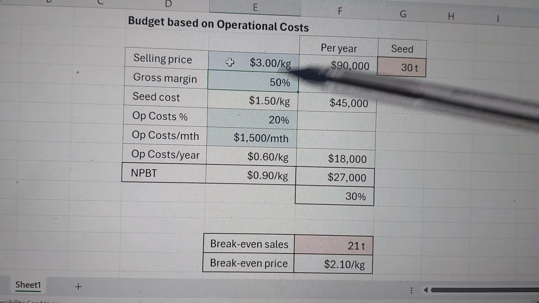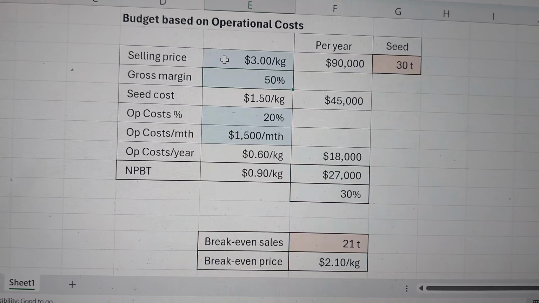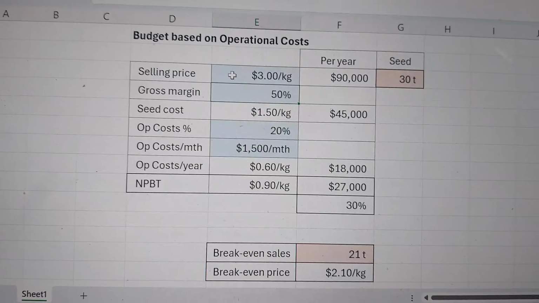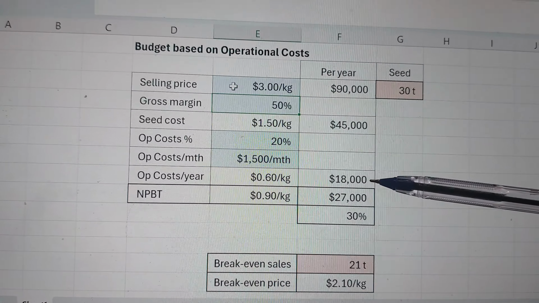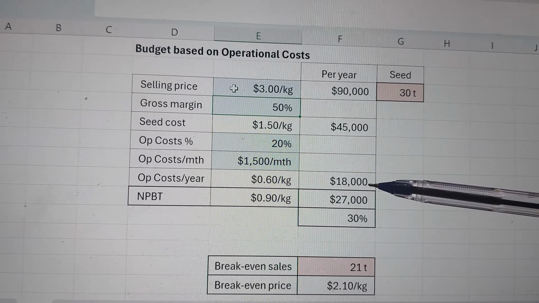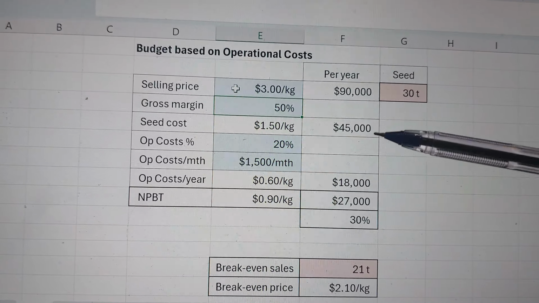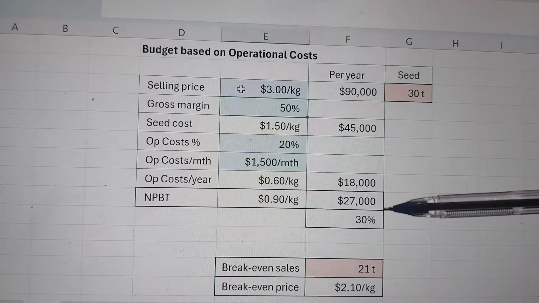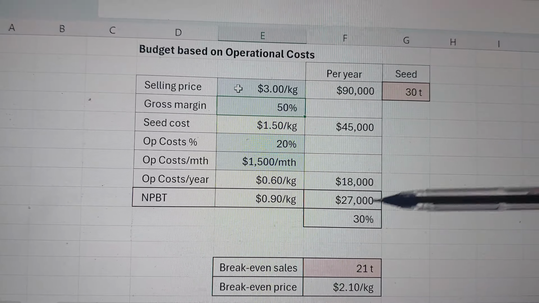So you can play around with these figures for your scenario, but the point is to make sure that your business can cover your operating costs,